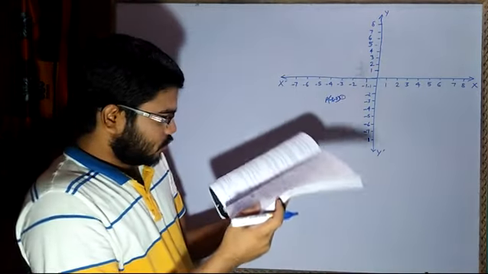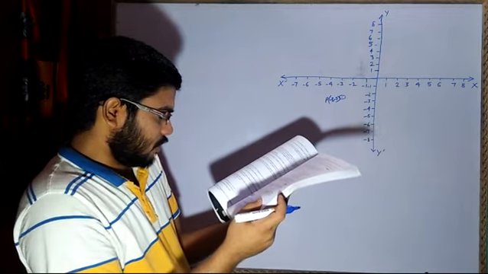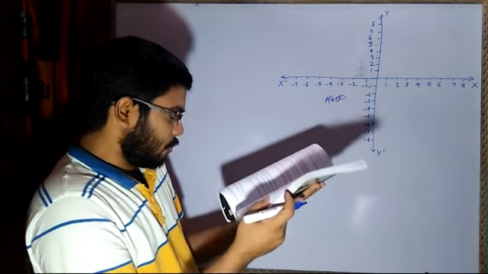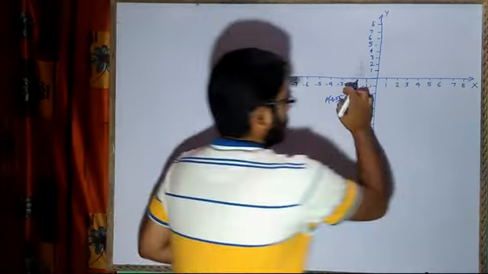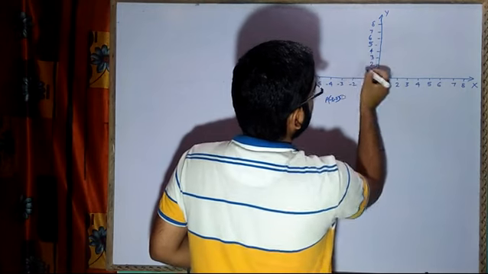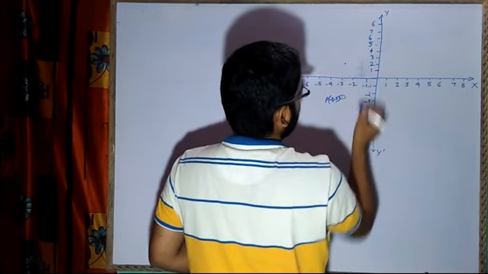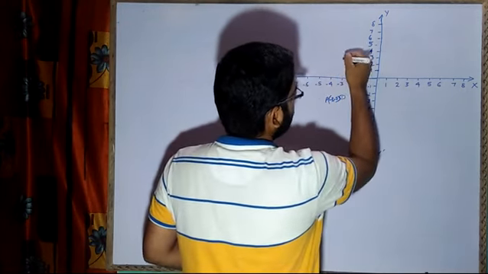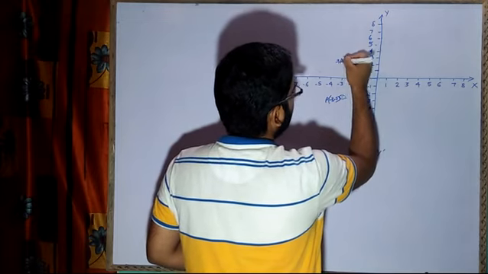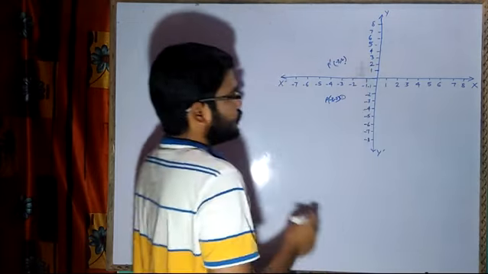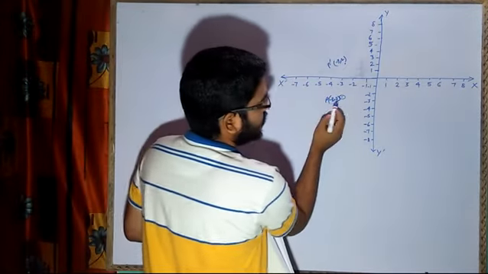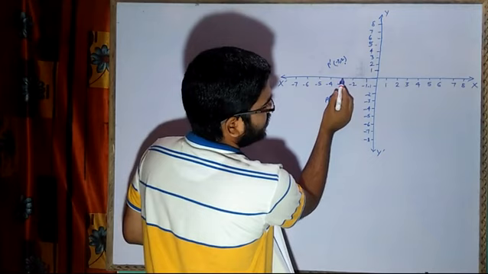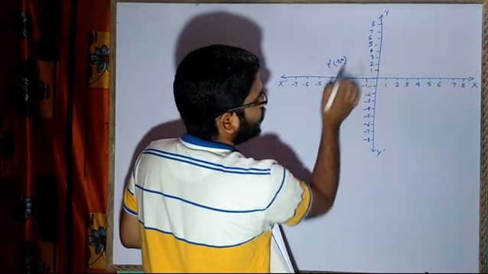Now we have to reflect this point in the x-axis, mapped onto P dash. Something which is reflected in the x-axis, if it is minus 3 comma 2, the value will remain the same. If it is minus 2, it will become positive 2. So minus 3 comma 2. This is P dash, correct? Because the x-axis is my mirror. Now if it is mirrored, what is the distance of this point from the x-axis? It is 2 units, so the same distance it will go on the other side also.